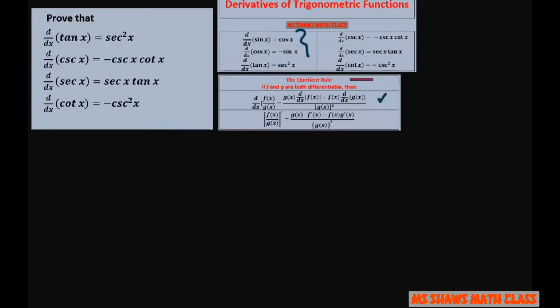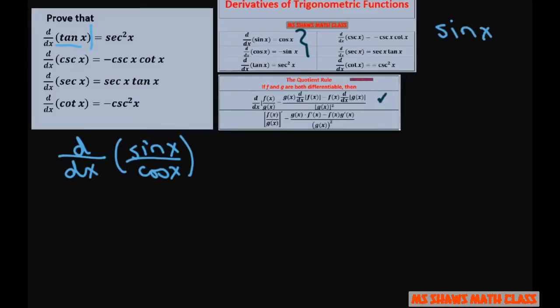So, given here, I'm going to rewrite tan in terms of sine and cosine. So this is just going to equal the derivative with respect to x of sine of x over cosine of x. Now I'm going to let sine of x equal my f function and cosine of x equal my g function. So when you write this out, you're going to get cosine of x, I'm using my g, times the derivative of sine of x,